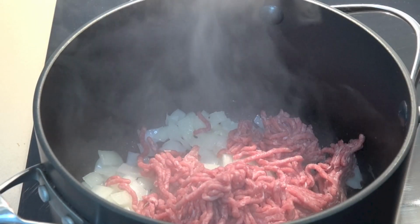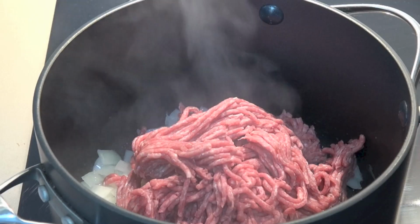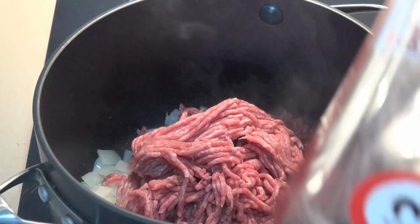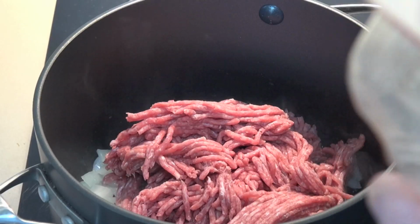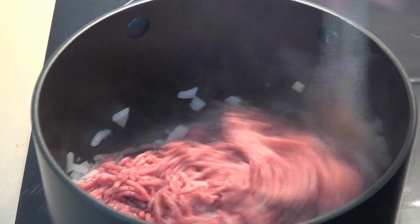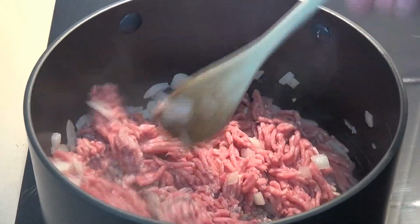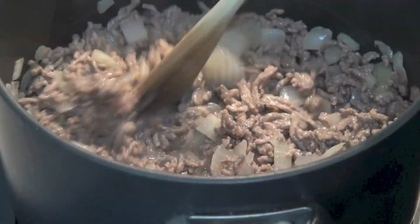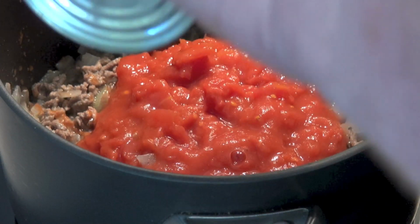I'm putting in about 500 grams of lean beef, and make sure it's a lean beef because we don't want this to be too fatty. But if you're using just a regular beef mince, you can just drain off any excess fat once it's browned. And we're just going to cook the beef, stirring occasionally, for about 4 to 5 minutes or until the beef is browned. Next we're going to add in some diced tomatoes, a can of diced tomatoes, 400 grams roughly, and